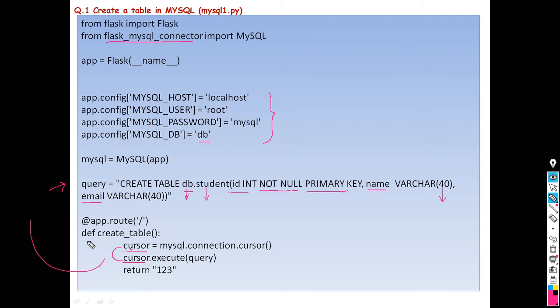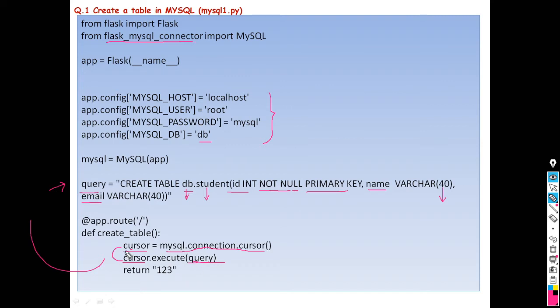Okay, look here, this is the function. Inside the function you should write MySQL.connection.cursor. We have to declare one cursor, and for the variable cursor we can use any variable name. Here we used cursor. cursor = MySQL.connection.cursor, and with this particular cursor we want to execute a query. Look here, this spelling should be the same, query and query.